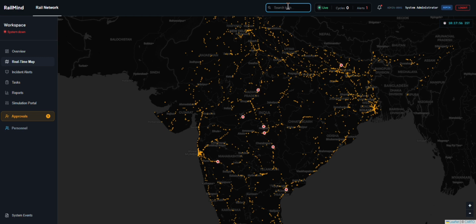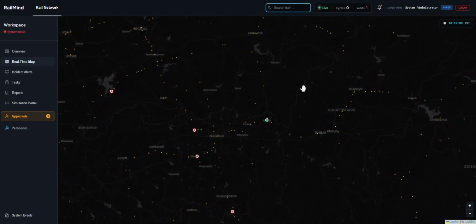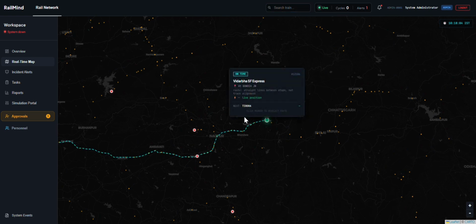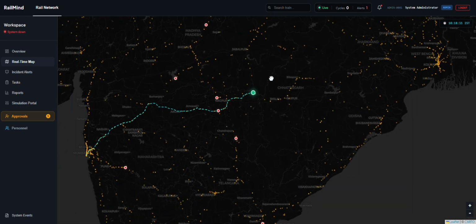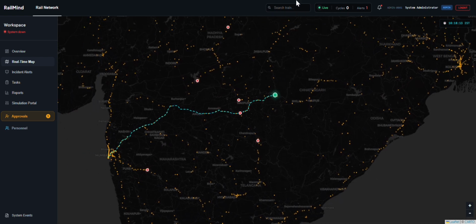We built the backend using FastAPI with Python. FastAPI acts as a communication layer between our dashboard, database, and the different components of the RailMind system. It handles things like authentication, task management, employee operations, incident updates, and real-time communication. For data persistence, we use MongoDB. This allows us to maintain important information such as incidents, department tasks, and operational updates even when the dashboard is